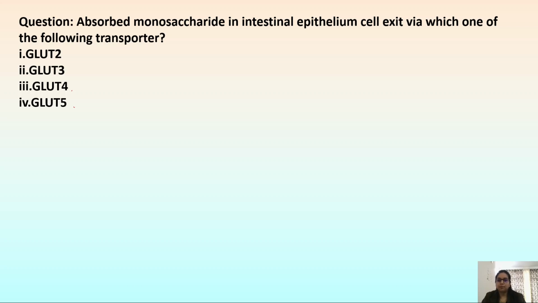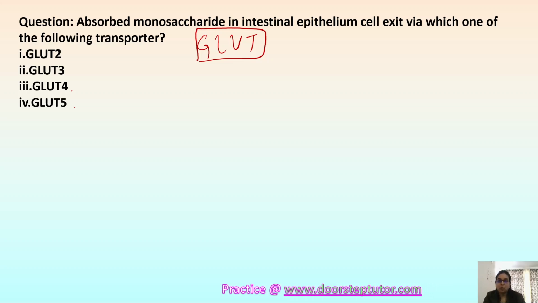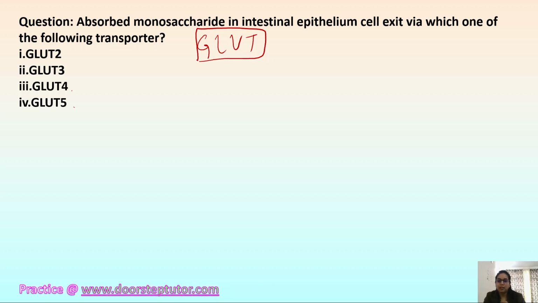The process of absorbing monosaccharides such as glucose and galactose in the intestinal epithelium cell involves the transporter known as GLUT. GLUT is mainly used for the absorption of these monosaccharides. Among these, GLUT2 plays a key role in the absorption of monosaccharides from the intestinal lumen